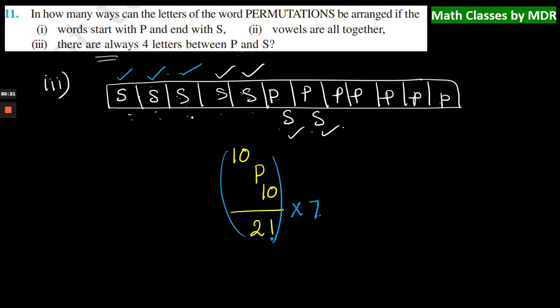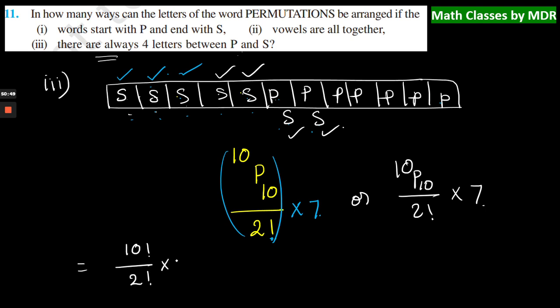Here we are using either P and S or S and P. By keeping P and S you cannot get the S and P combination, right? So we are using R, which means you have to add. That is 10P10 by 2 factorial, right? Once you fix the S and P positions, you will get these words, and 7 times you get this. R means we have to add these two. So what is 10P10 here? 10P10 is nothing but 10 factorial. So this is 10 factorial by 2 factorial into 7, plus 10 factorial by 2 factorial into 7.